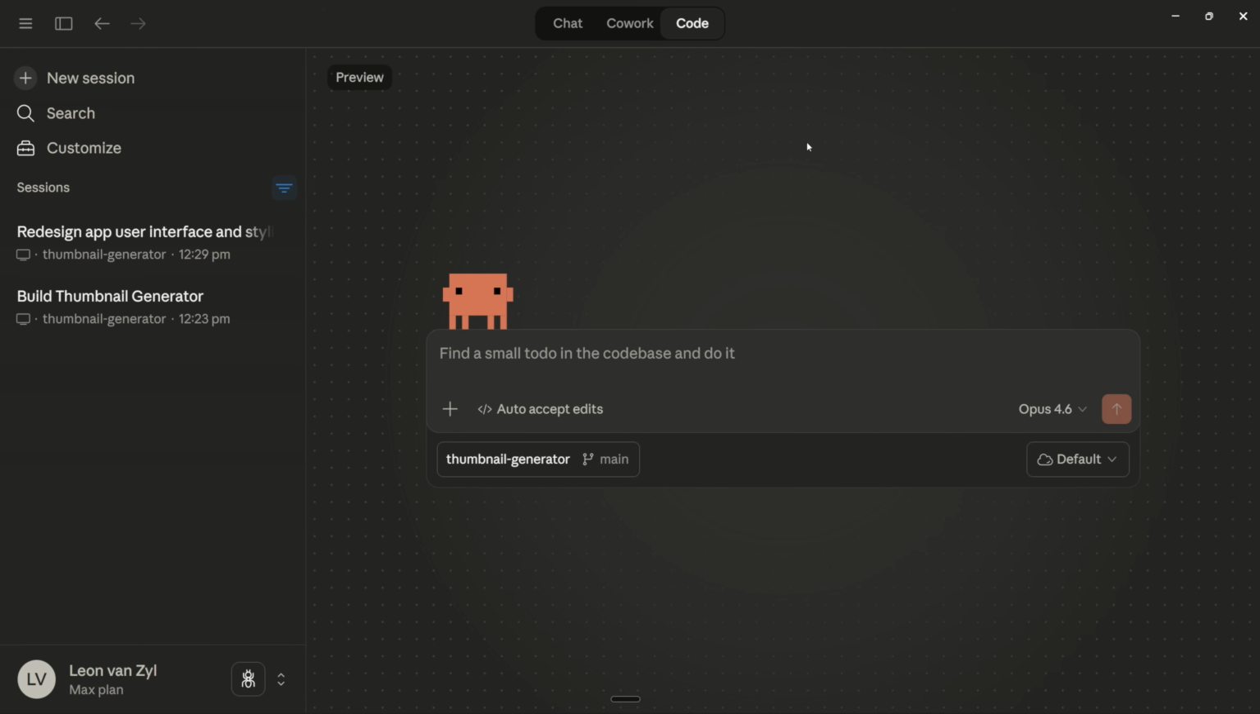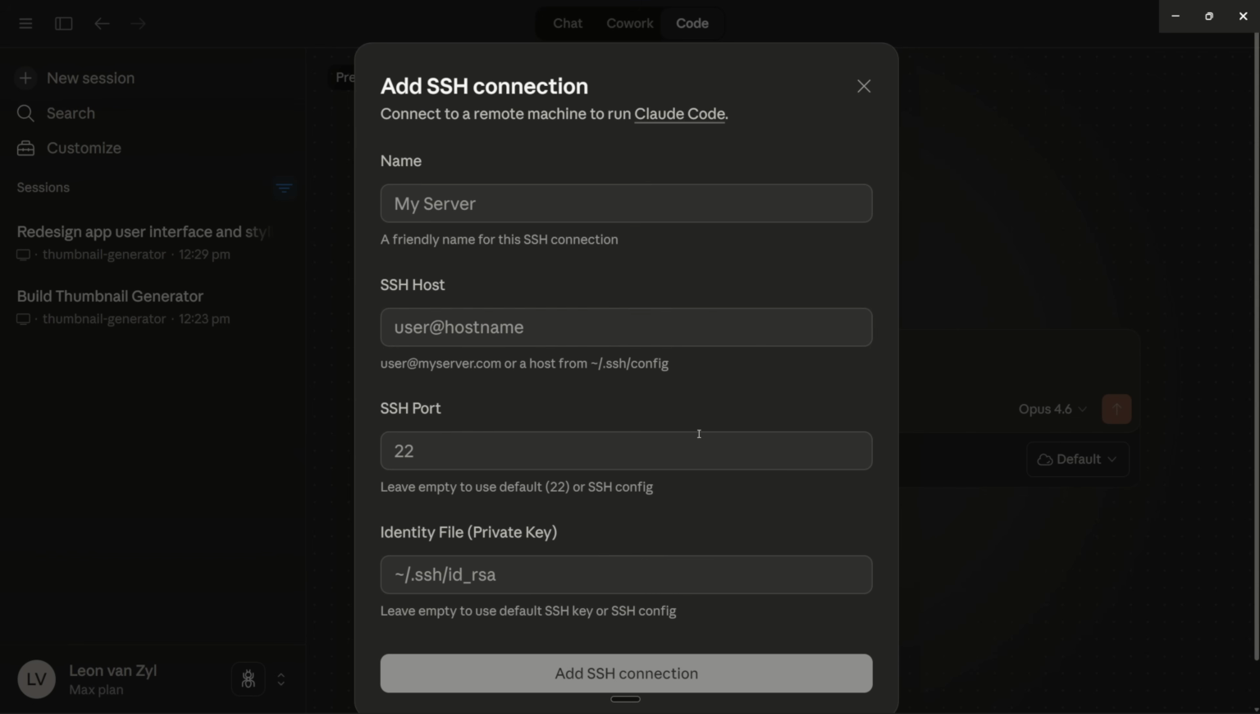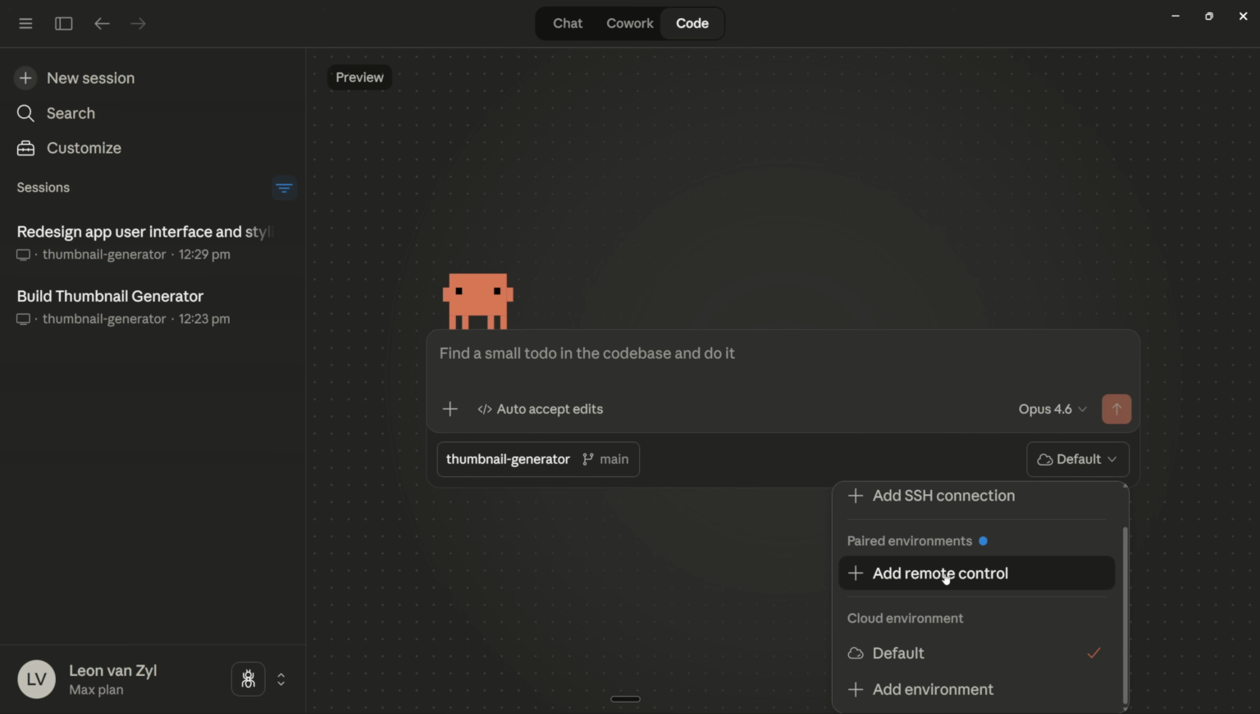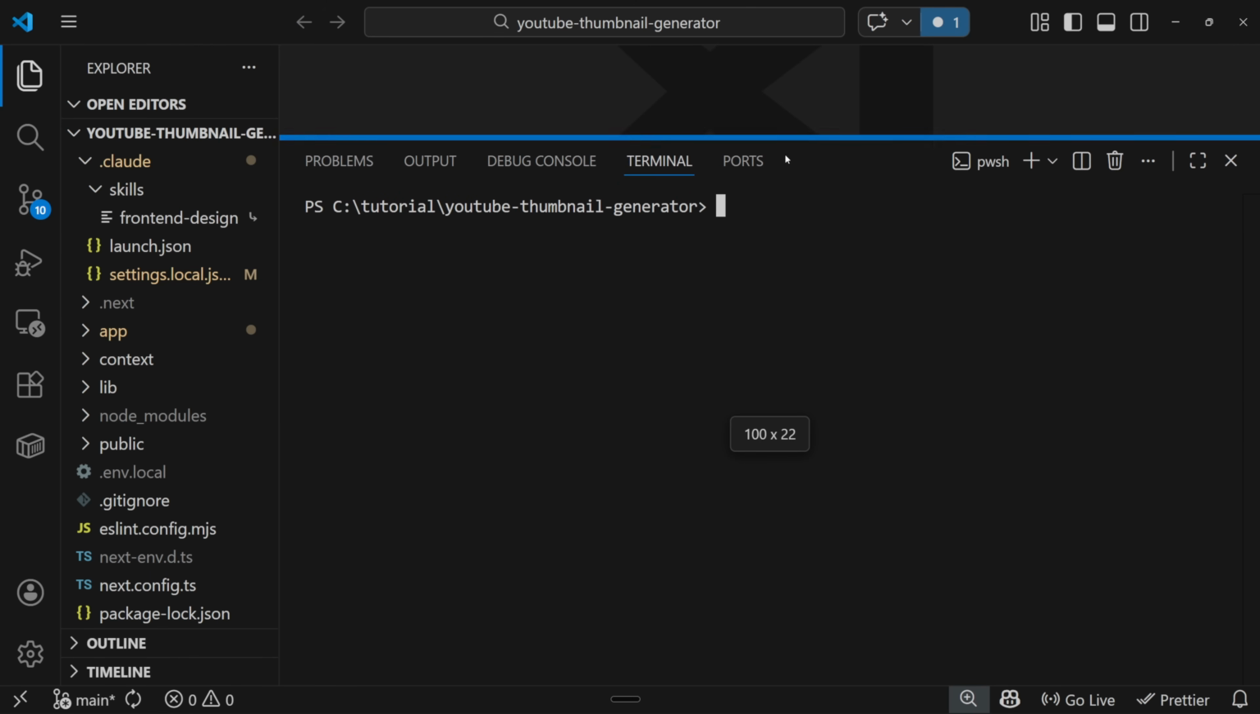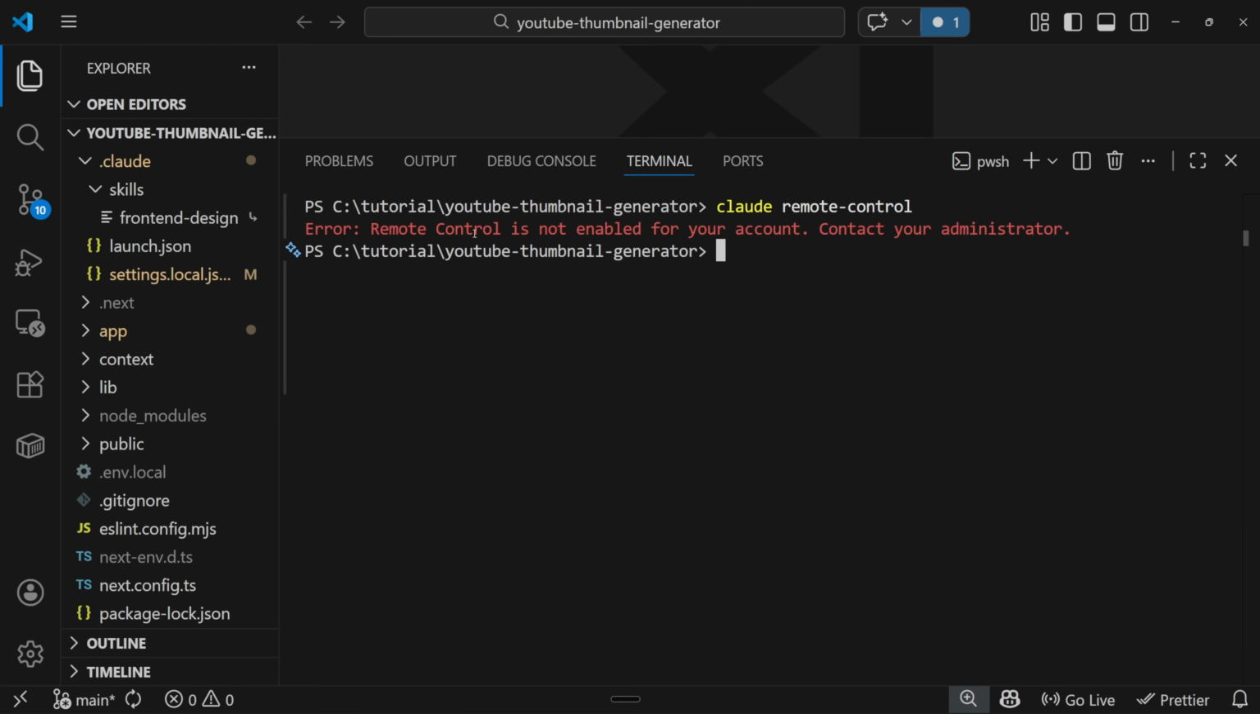This also includes a few advanced features, like if we go to add SSH connection, we can connect Claude Code Desktop to a remote server like a VPS, and we can control Claude Code on that server. We can also add remote control, and all we have to do is go to a folder with our project, and then we can run this command. So for interest's sake, let's actually just add it to our current project,